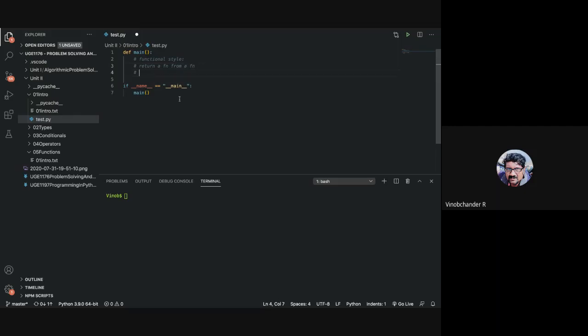Number two, you can pass a function as a parameter to a function.